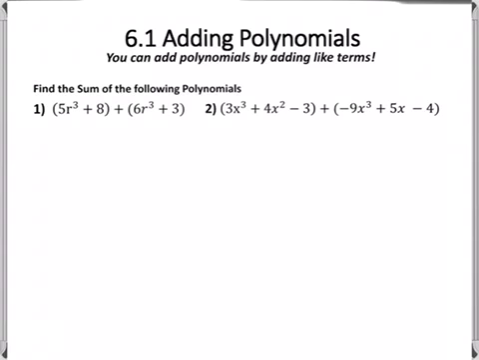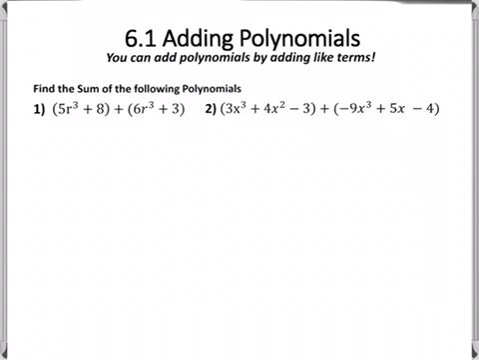Here we have polynomials being added together. So we have a binomial plus a binomial, or a trinomial plus a trinomial. The same thing occurs here. You're going to combine like terms. So you're looking for variables that have the same exponent power and the same variables themselves, and you're going to